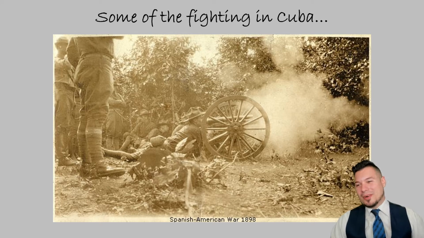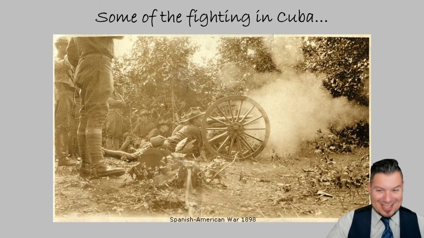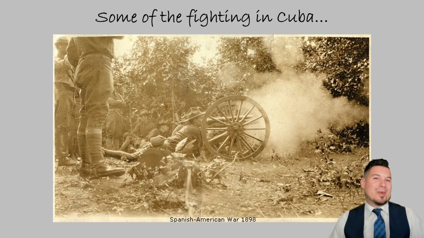Again, the fighting in Cuba was a little different. We hadn't fought a war since the Civil War. We were using a lot of weapons that were from the Civil War that were just lying around in storage for decades. In fact, look at how they're dressed. They're dressed like park rangers. Okay, we weren't even prepared for this war. We're not even wearing helmets. We're wearing hats. Again, we were ill prepared for this war. We were just kind of war hungry, to be honest, as a public.